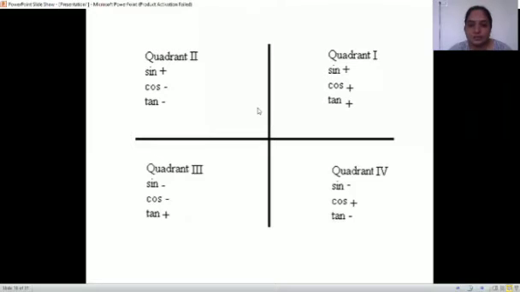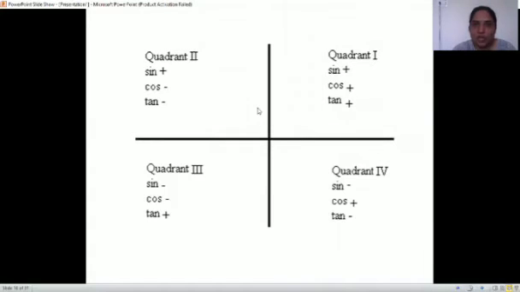5 pi by 6. Where is 5 pi by 6? Second quadrant. Okay, second quadrant. How will you write that 5 pi by 6? We can write the answer. So how can you write that? Either pi by 2 plus or pi minus, right? So how can you write pi by 2 plus or pi minus something is equal to 5 pi by 6? Pi minus pi by 6. Okay, it is also correct.